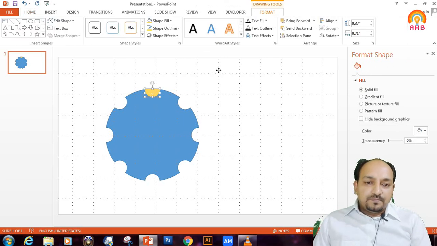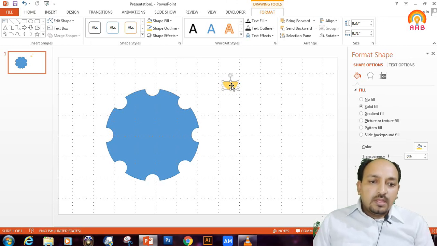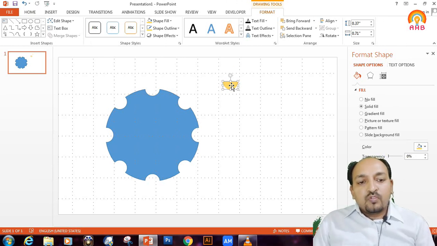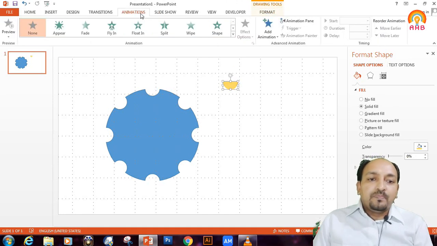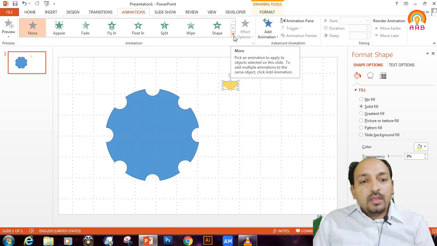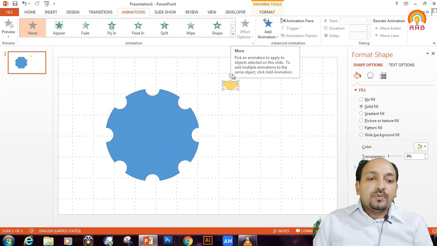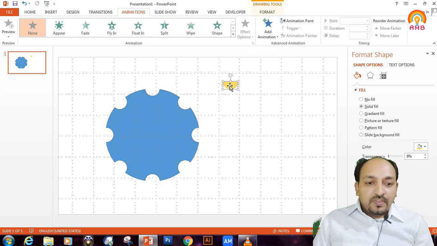Now, whatever animation themes are available under the animation heading, by using them we cannot produce the same rotation action as we had seen in the previous video.